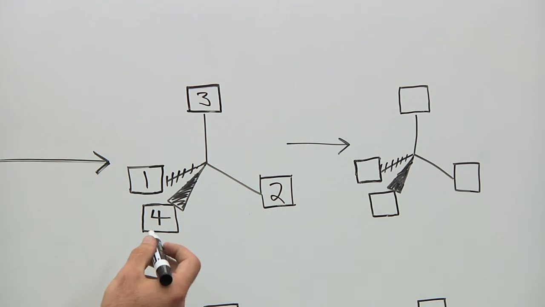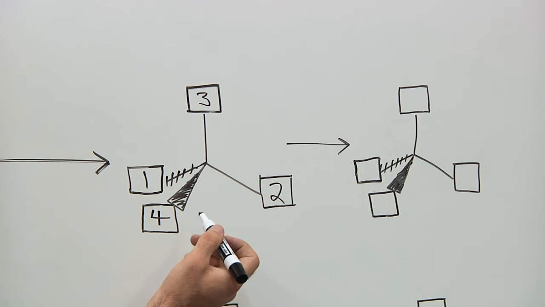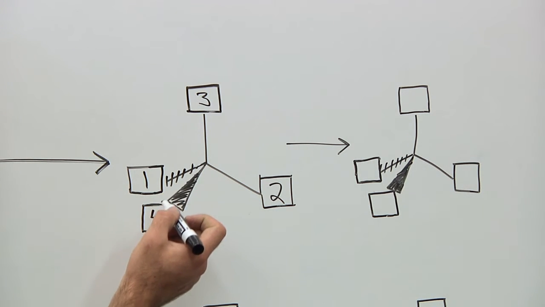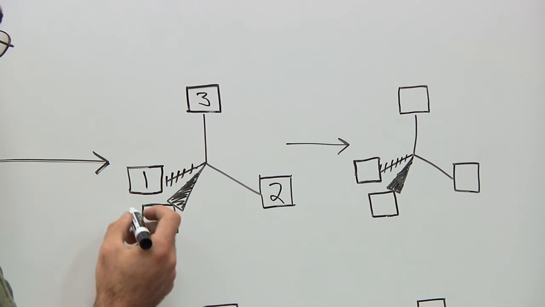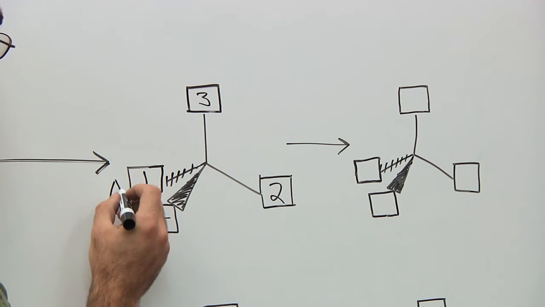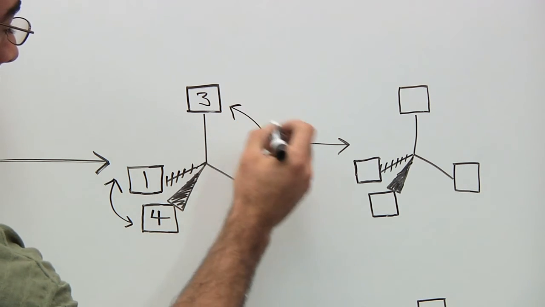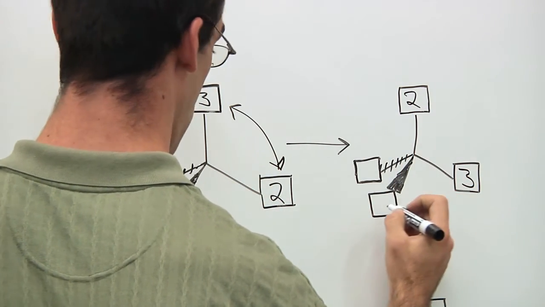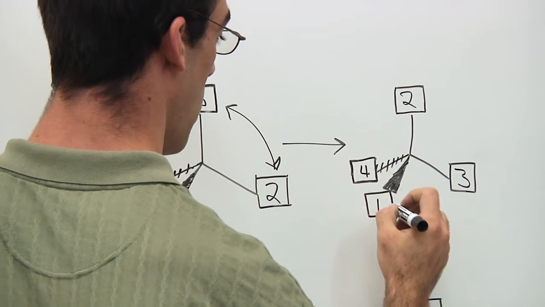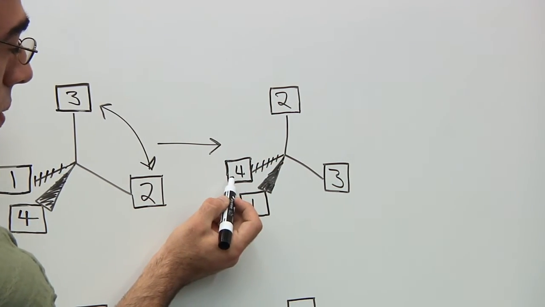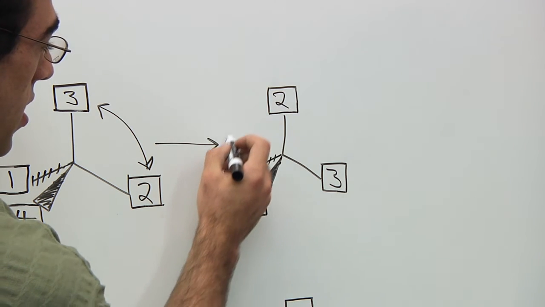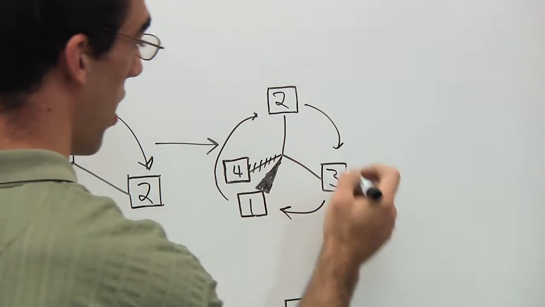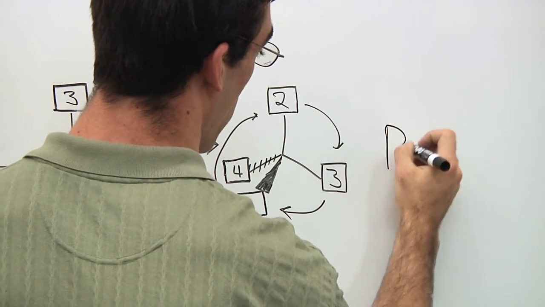Now that we've given priorities to all of the groups attached to the chiral center, in order to give it a label, we must rotate it to where the lowest priority is directed away from us. In this case, it's easy to interchange these 2 groups and these 2 groups. By doing that, we fill in the boxes accordingly. With the lowest priority group pointed away from us, we can see that we trace a line from 1 to 2, 2 to 3, and 3 to 1 that goes clockwise, which is designated as R.